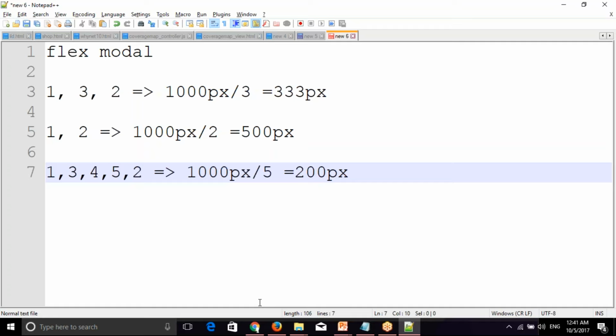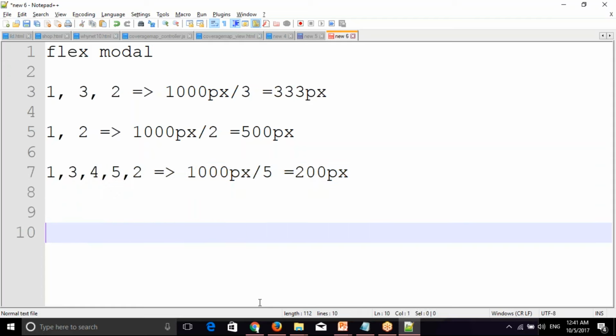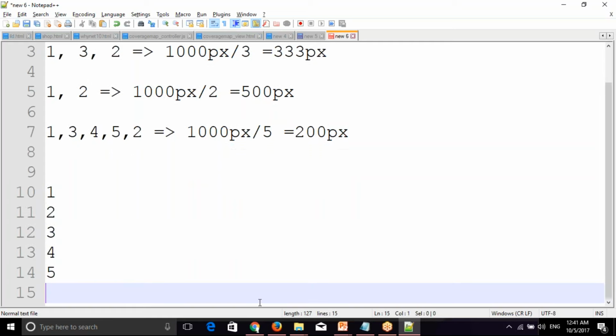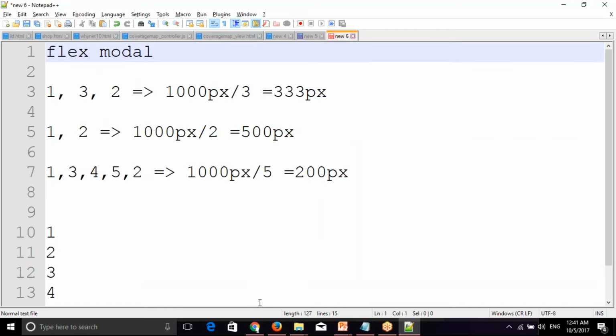Another thing is that as of now, we keep our elements side by side, like 1, 2, 3, one beside the other. In the same way we can change this direction, so we can play with horizontal and vertical also. We can do this with our flex model.